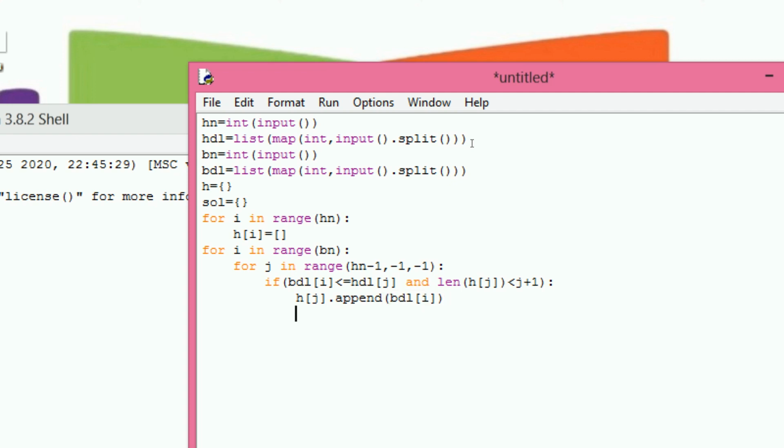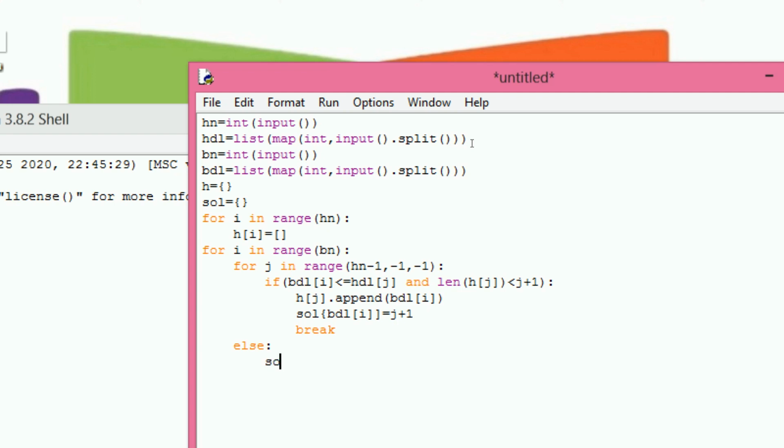So next we can add this to SOL. SOL of BDL of I equals to J plus 1. After that we run the break. If it is not executed, we write the else to the for loop.